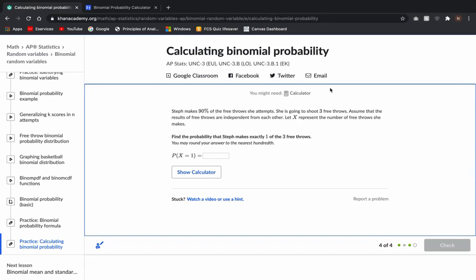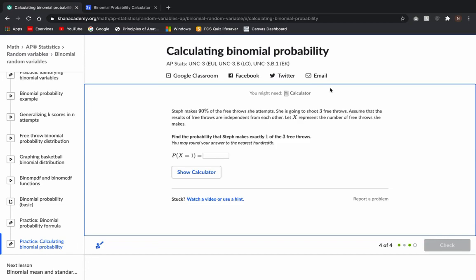Let X represent the number of free throws she makes. Find the probability that Seth makes exactly 1 out of the 3 free throws. You may round your answer to the nearest 100th. So in this question, which is different from the other ones, it actually shows a percentage rather than a ratio, which can make it a little bit easier to solve the equation, but it's not that much different than anything